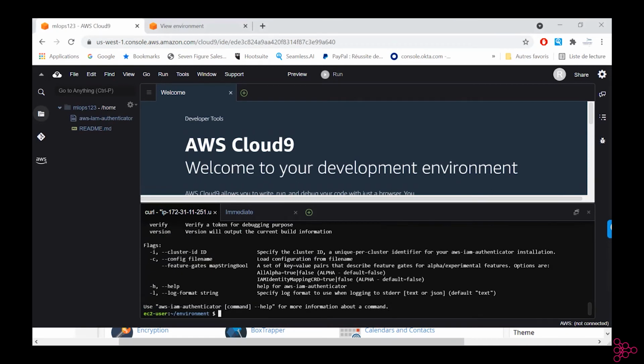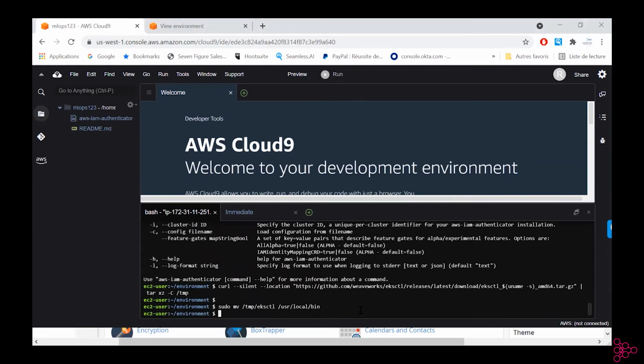Okay. eksctl is specific to AWS. It's not mandatory here, so I just installed it because I usually install that stack by default.